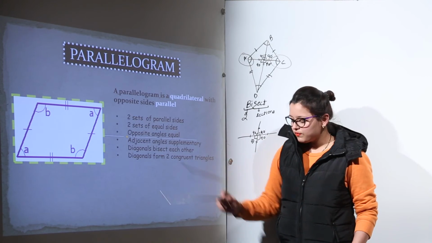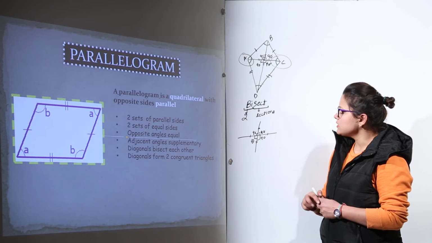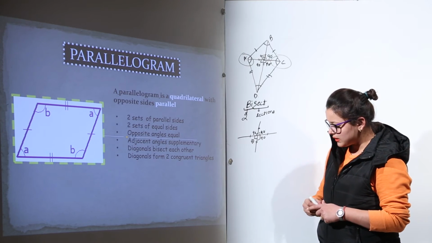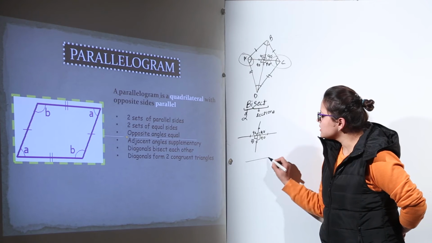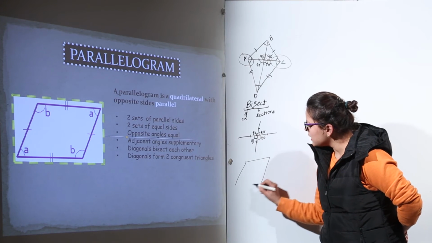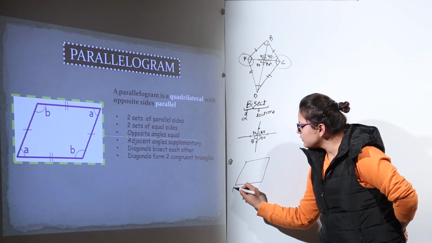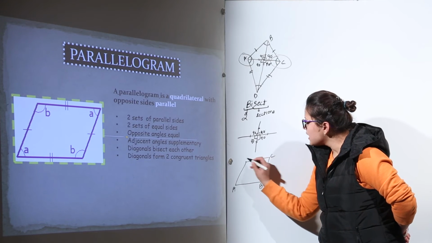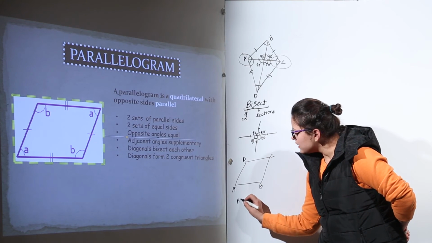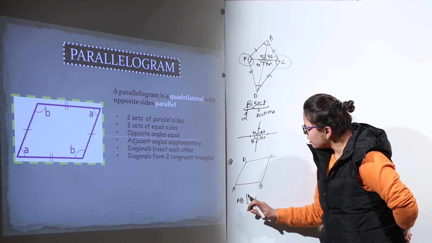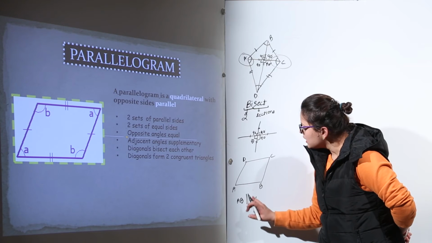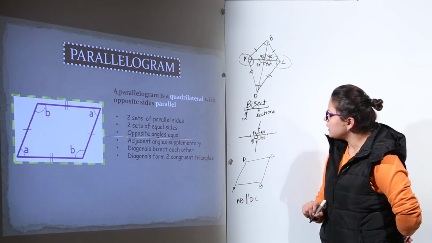That means if I name this figure like this, that is, if I start naming it ABCD, as we have been doing, and I name this quadrilateral ABCD, what will I get as per the properties? I will get that AB will be parallel to DC, the reason being that AB and DC are parallel to each other.